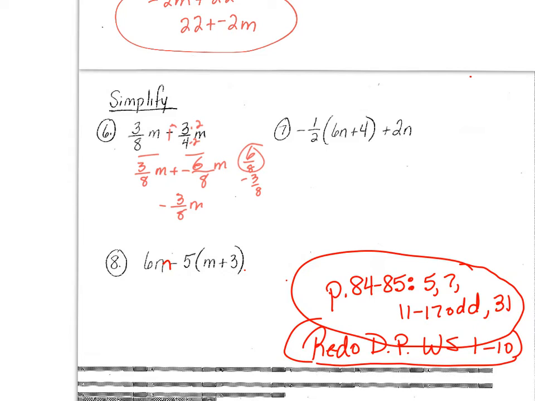If you notice on number 7, it has parentheses, but we cannot combine what's in the parentheses. They're not like terms. So what I'm going to do, I'm going to do my distributive property first. And I'm going to distribute -1/2 times 6. Remember, this is over 1, this is over 1. Negative times a positive is negative. Okay, 1 times 6 is 6. Over 2 times 1 is 2, so that's -3n plus